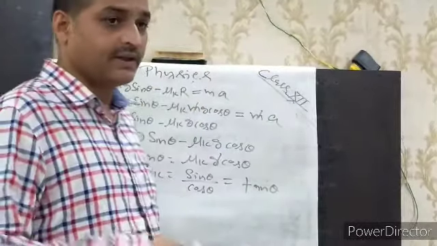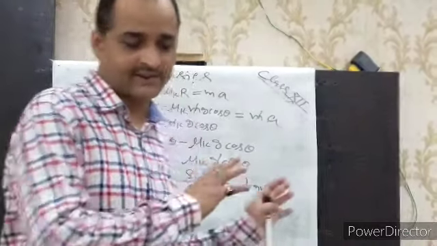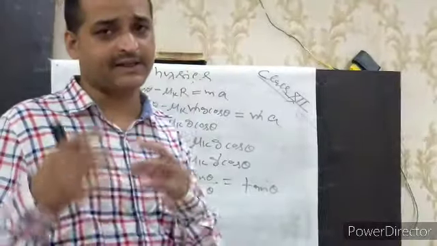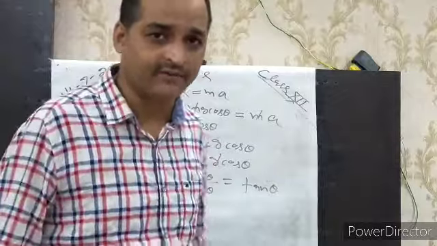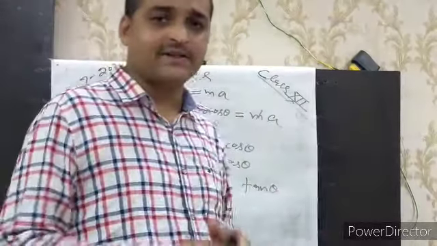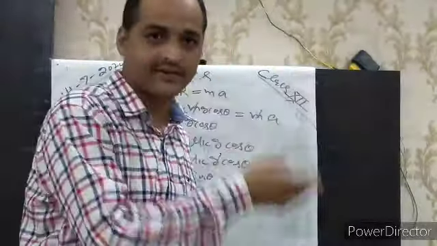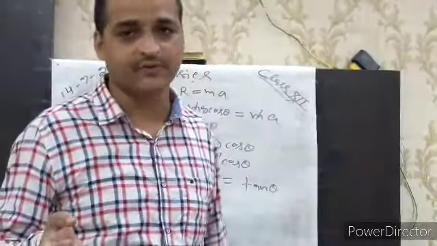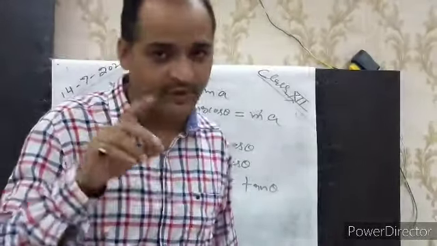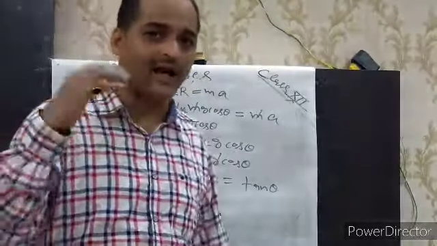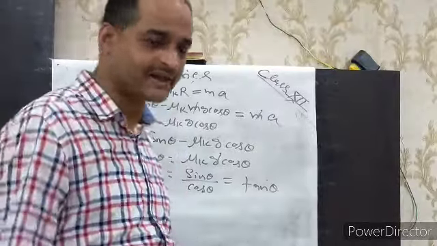Okay, now if there is a numerical, then don't derive all these formulas. This derivation is not in our syllabus. Actually I'm going to discuss it for your better understanding of the concept. Otherwise, you have to remember one thing: you have to apply F is equal to ma in the vertical direction, and when you apply F is equal to ma, capital R you have to take, small f you have to take F is equal to mu R, and then R from here you will take the value of R is equal to mg or mg cos theta. Is it clear?